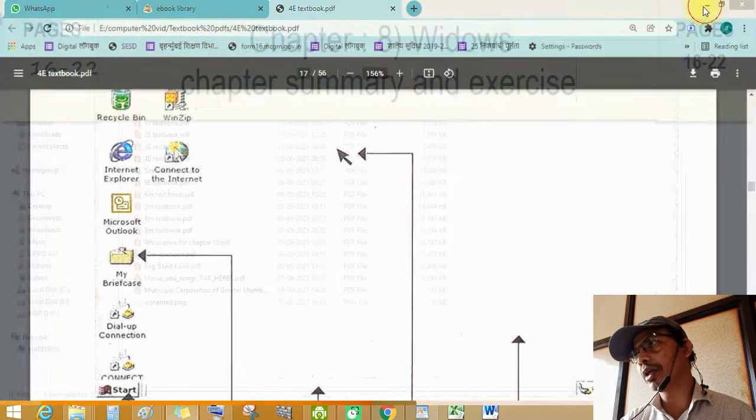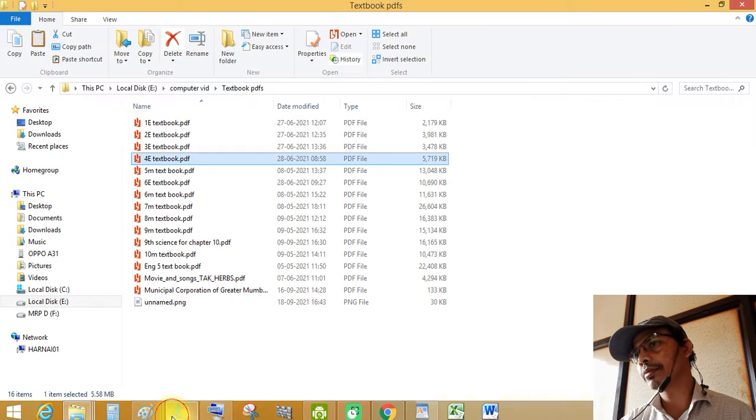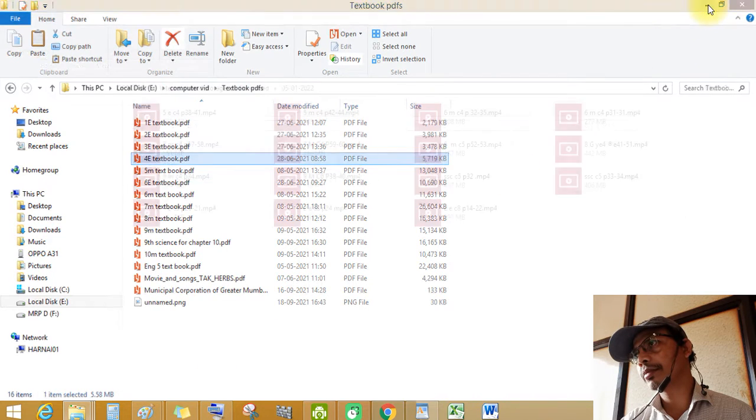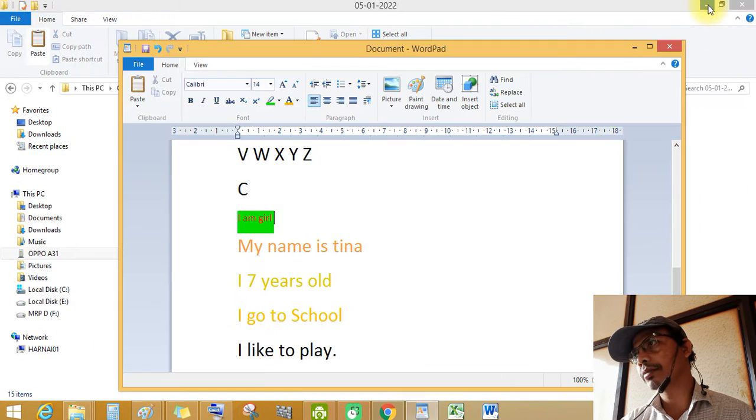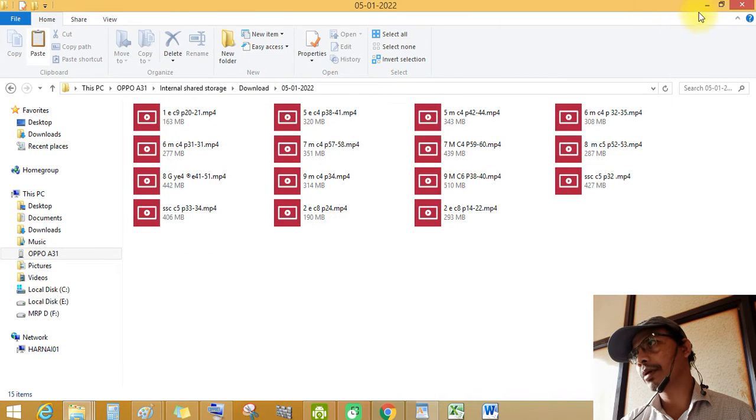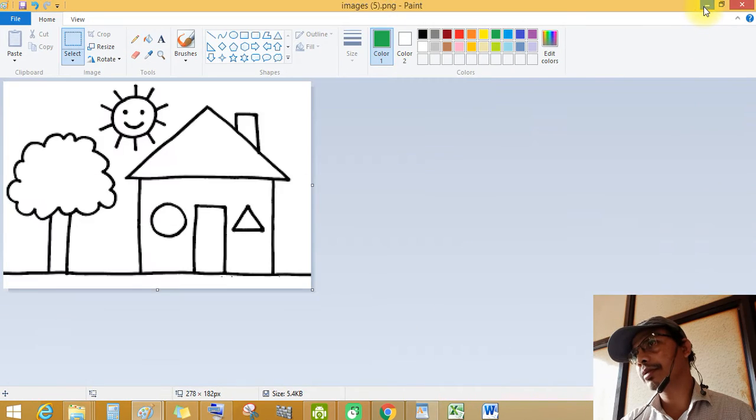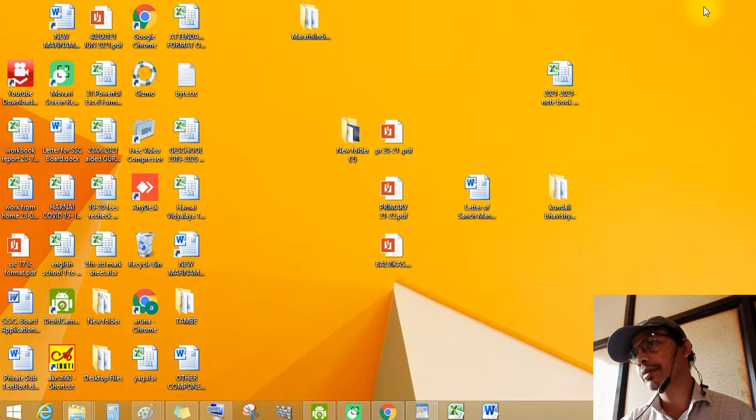This is also desktop. This is desktop. So these are small icons.